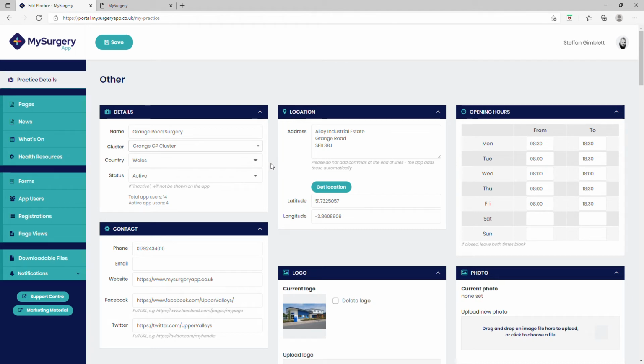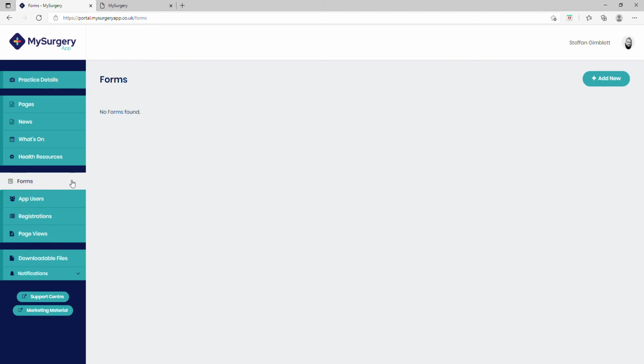So following practice manager requests, we have now created the forms. If you go into your management dashboard or your practice portal, there's a new functionality called forms. We've built templates for you based on the most used and most requested forms. And to add a new form or to view the forms available, just click on Add New, and